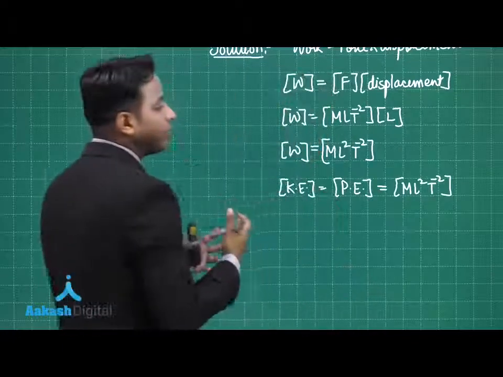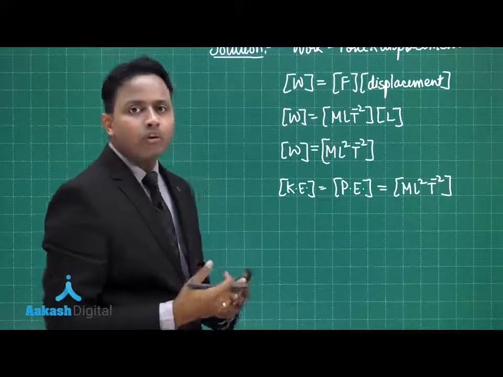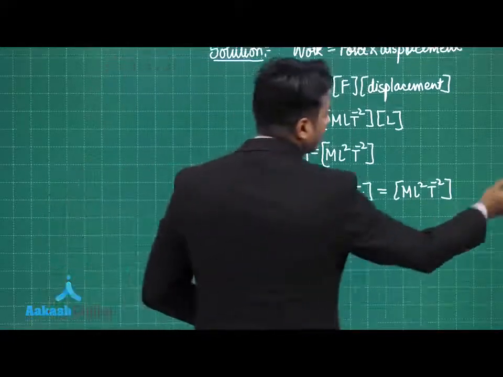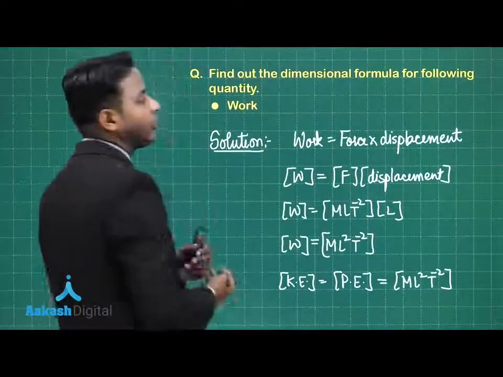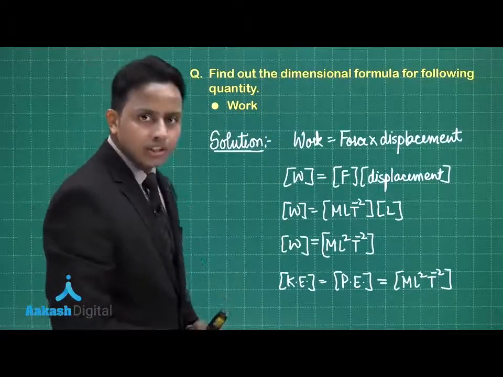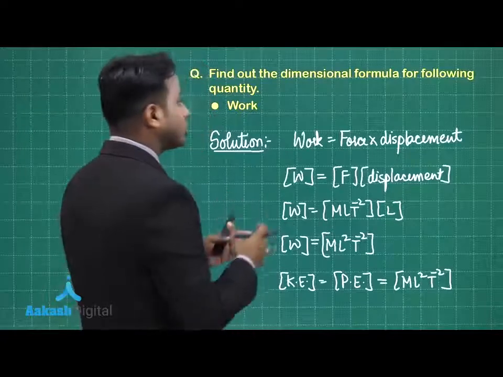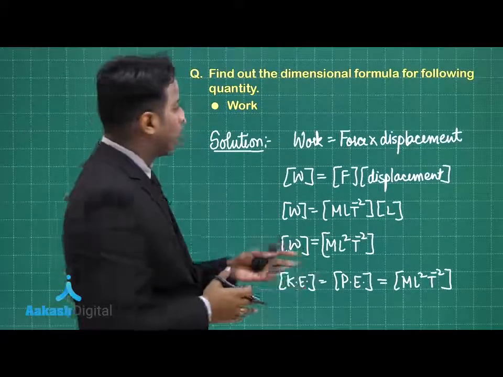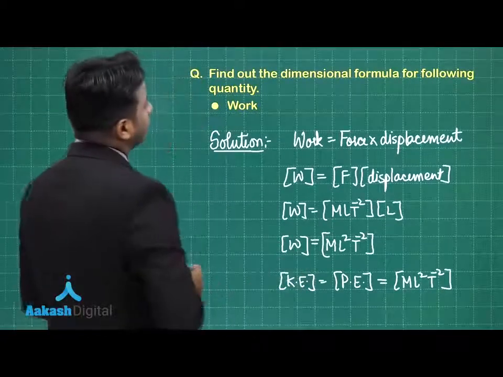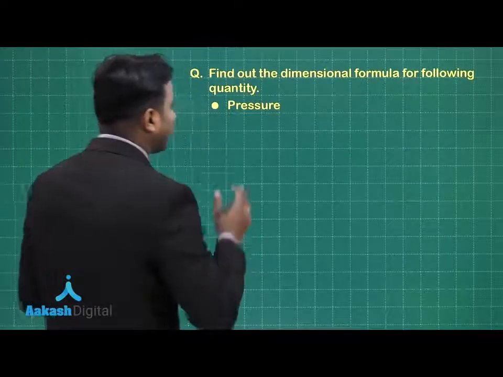So there are many formulas that you need to remember for easy access of your concepts while solving your medical entrance examination physics questions specifically. Now this chapter would be a scoring part for you. So the next part of the question, we need to find out the dimension for pressure.